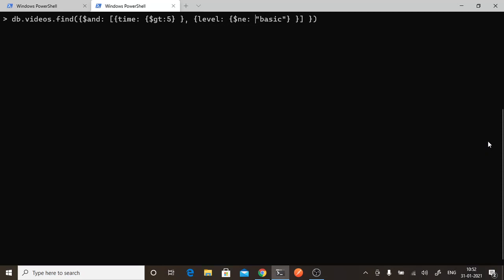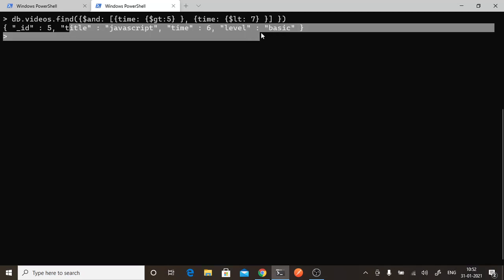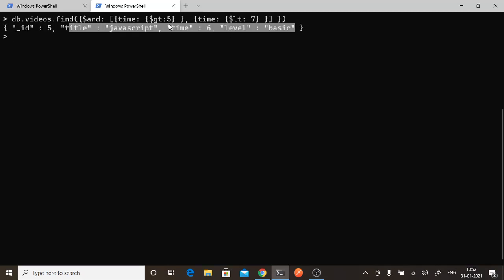So it should be greater than 5 and it should be less than 7. These are my two conditions. See, I have only one record where time is 6, which falls between 5 and 7. That's why I am able to see only one record.